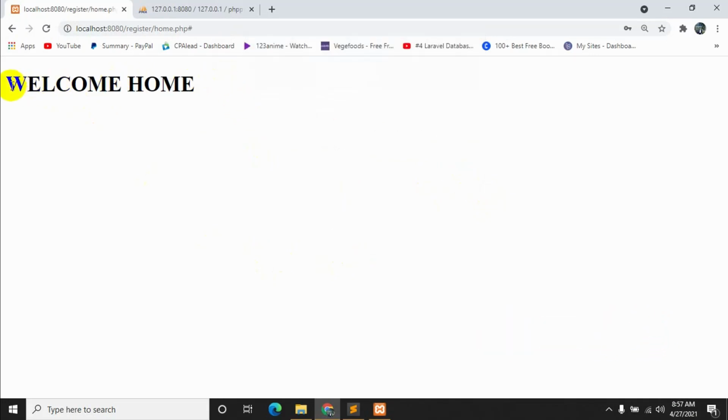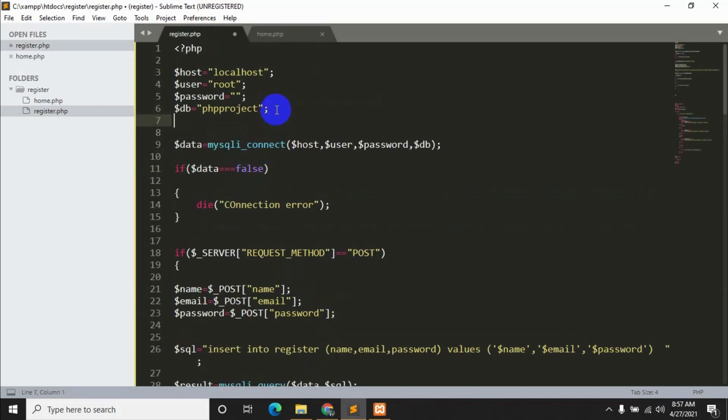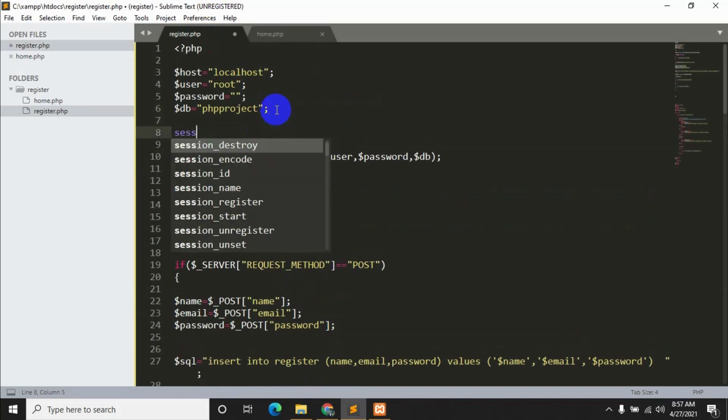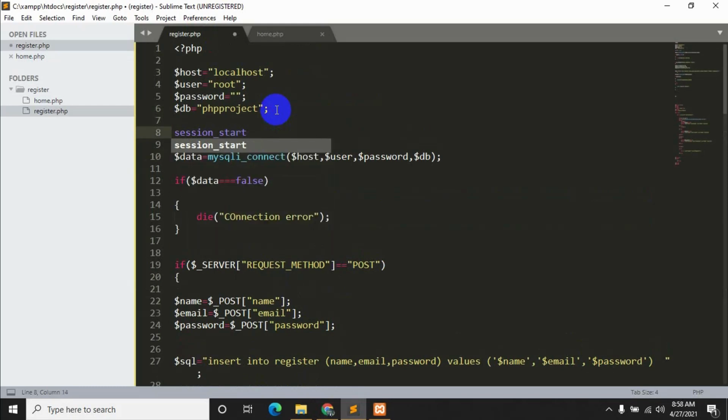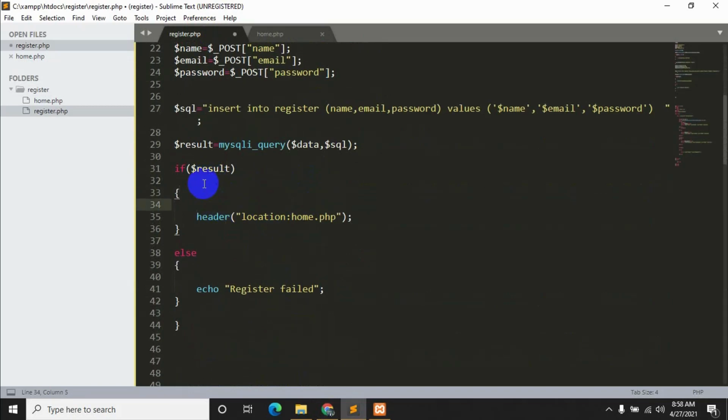Now if you want it to say welcome home Shakil or Yamin, then we just need to make another change, which is really easy. We just need to say session_start, and then we need to come over here and say $_SESSION, then square brackets, and inside them we'll say name is equal to $name.